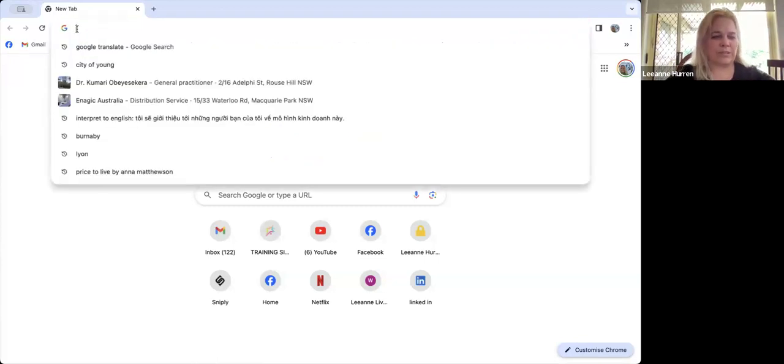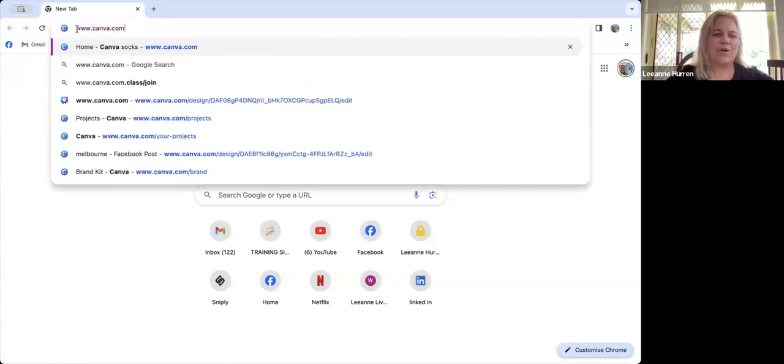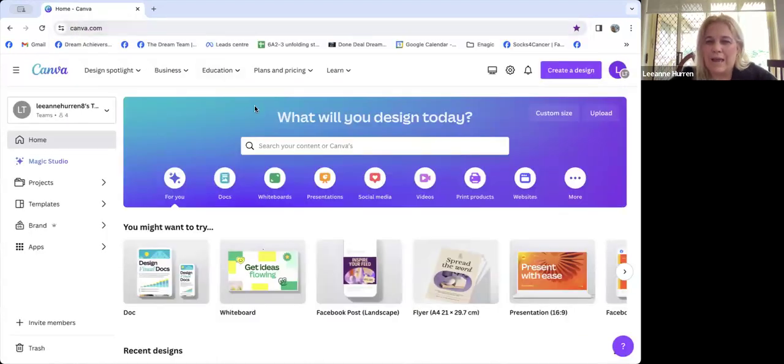So what we want to do is just type in www.canva.com and enter that. And that will bring you up to the website. Now, Canva has an application that you can also download from the App Store, so that you can access that from your phone as well. This is my page, my Canva website, and I actually have the professional